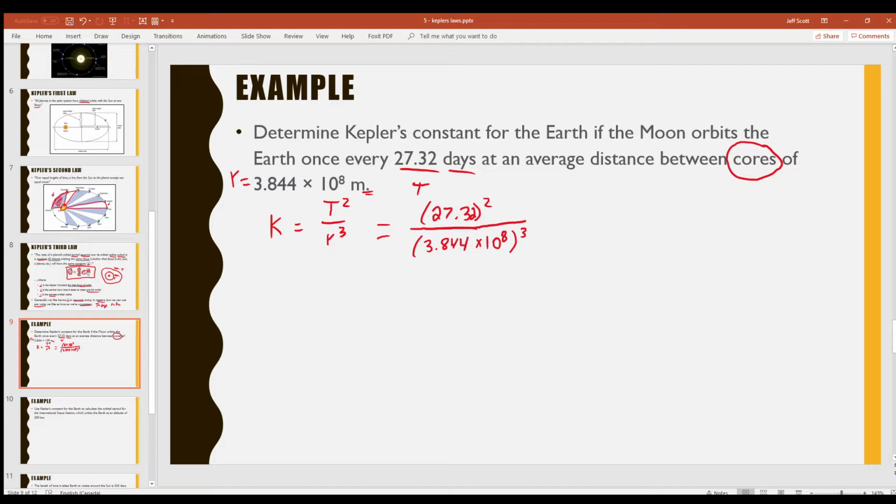If we just calculate this, that's going to tell us our Kepler constant. So it's just as quick and easy as putting this in your calculator. Just be really careful with your brackets. Make sure you put brackets around this stuff, especially the one on the bottom. Anyway, K is going to equal, I got